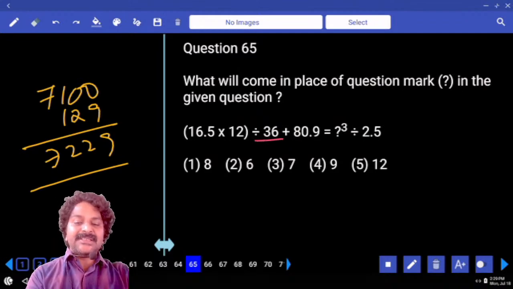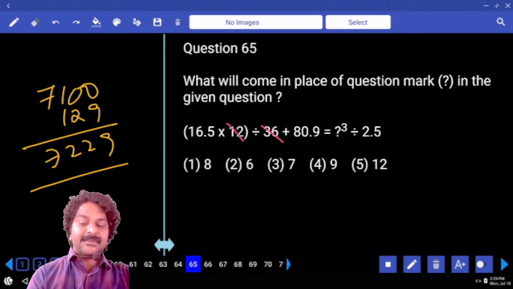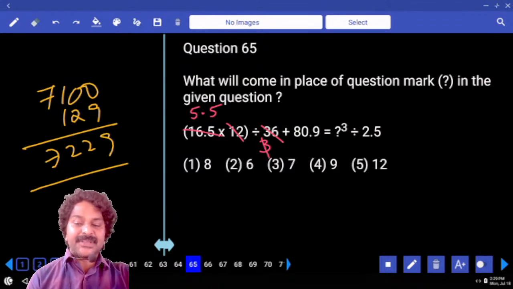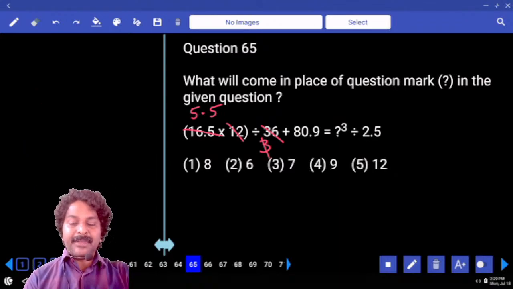This division symbol is applicable for both the numbers. Now 12, how many times? 3 times. Let me cancel 3. Here it is 5.5 times. Correct. Plus 80.9. Then it becomes